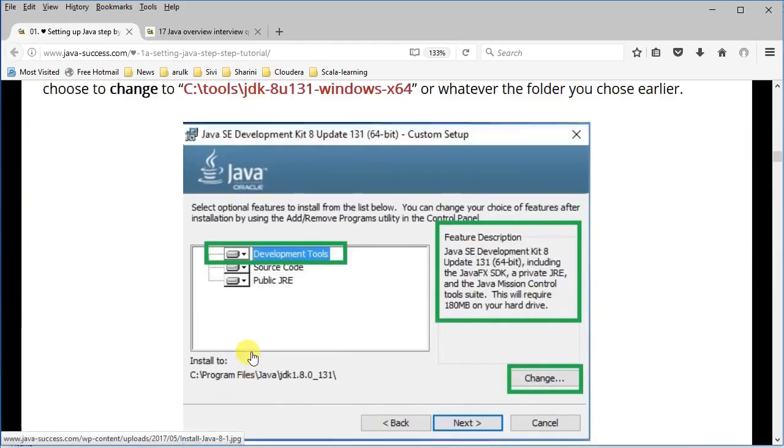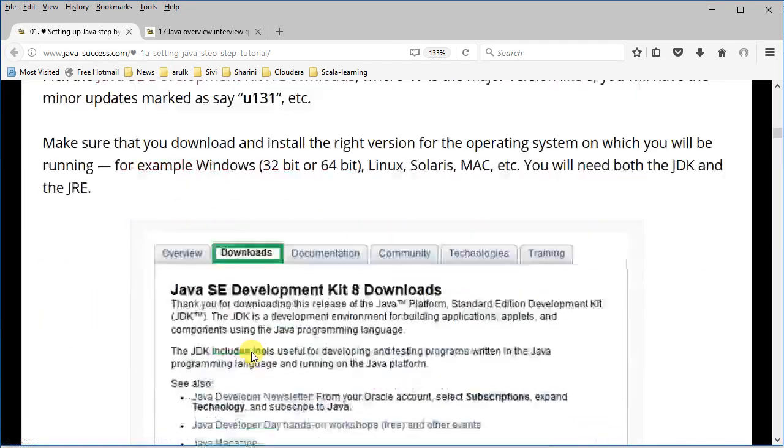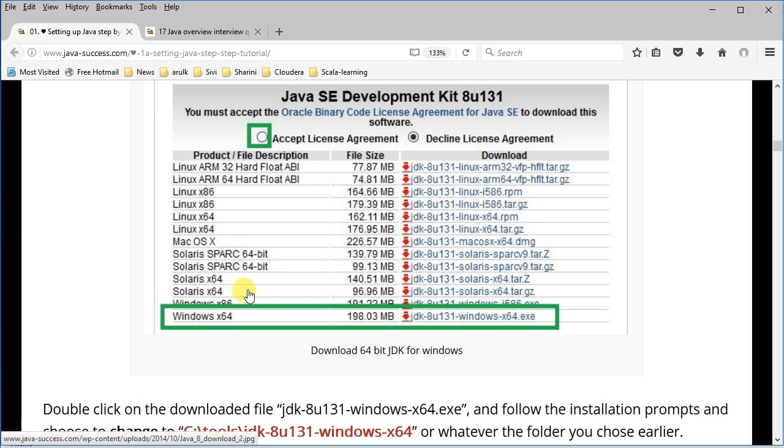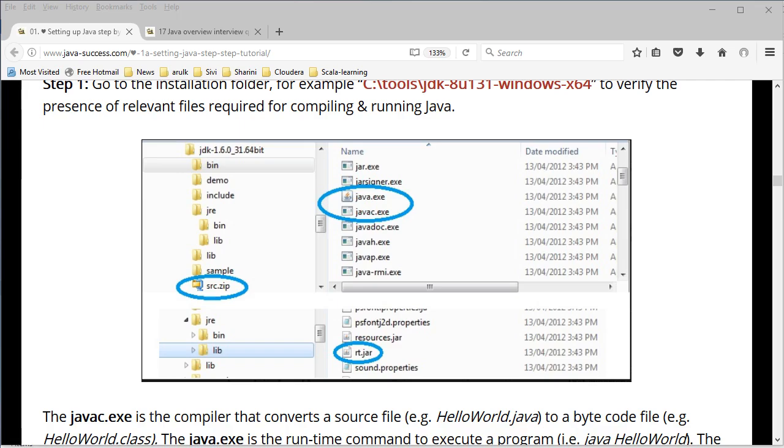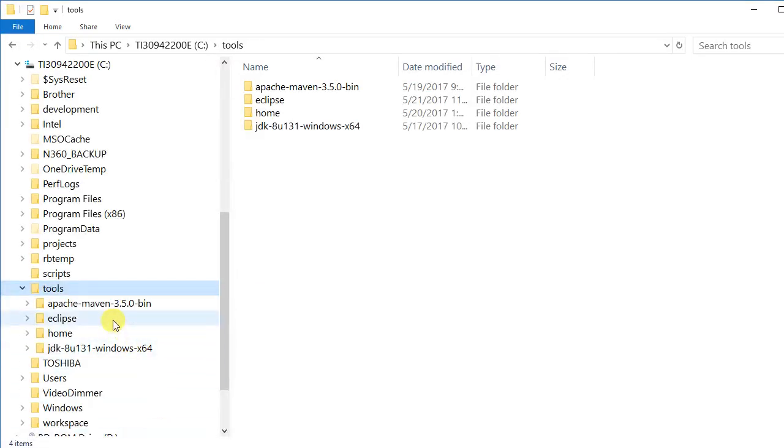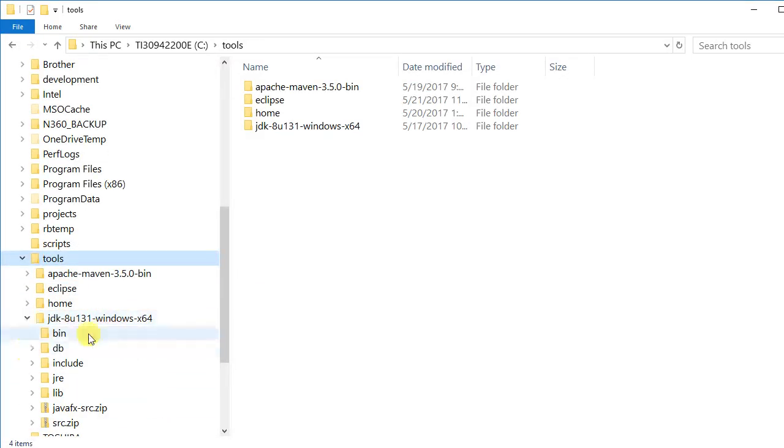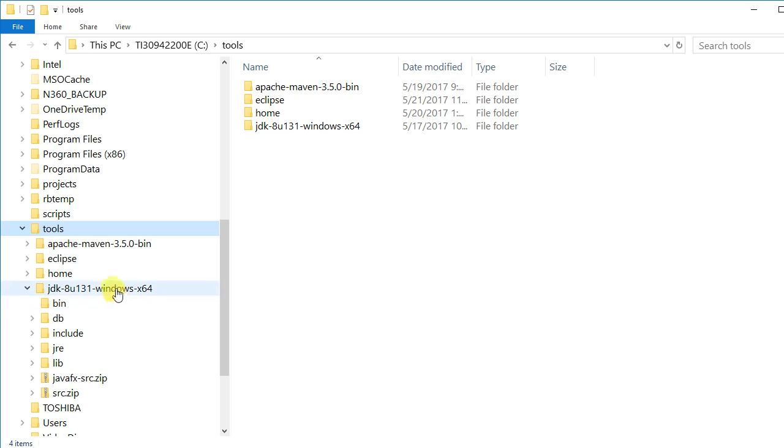There are different versions. So if you are running on Mac or any other operating system, you need to choose the right installation. So once you have installed it, let's go and verify some of the important aspects that you